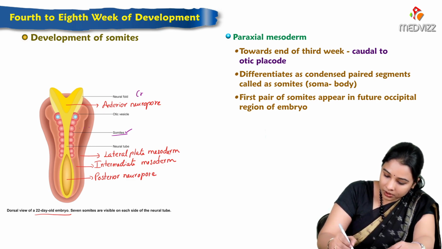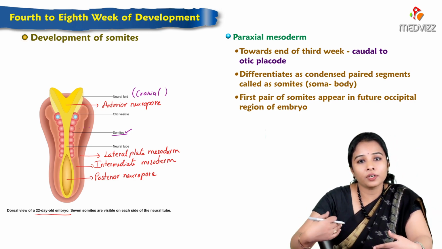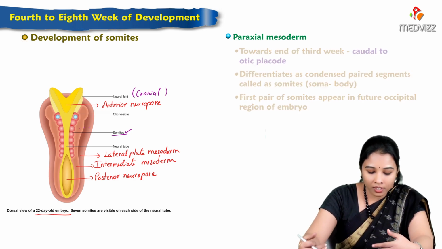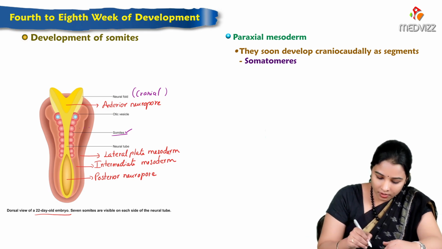Occipital region means cranial head region. And further they start growing caudally. So craniocaudally the segment starts forming. Each segment is called a somatomere. So each segment,